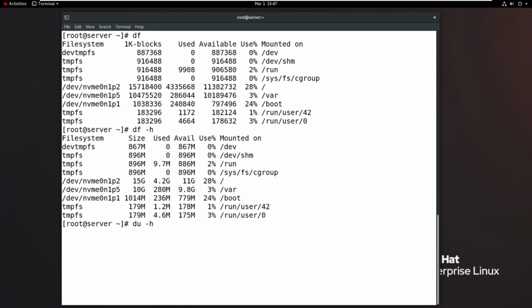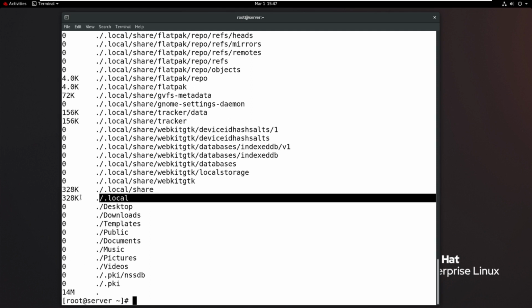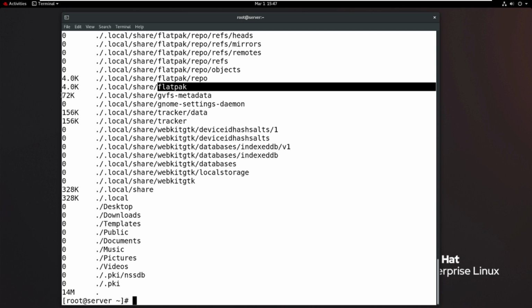So if we want to know how much size each file occupies, we can use du -h. Like see, the videos directory occupies 0 bytes, the local directory occupies 328 KB. For example, the flatpak file occupies 4K, and the metadata file occupies 72K.